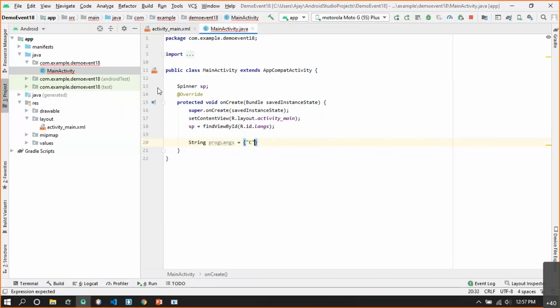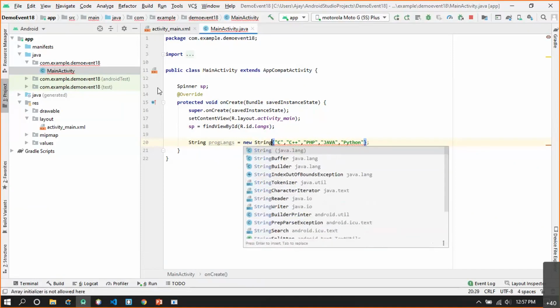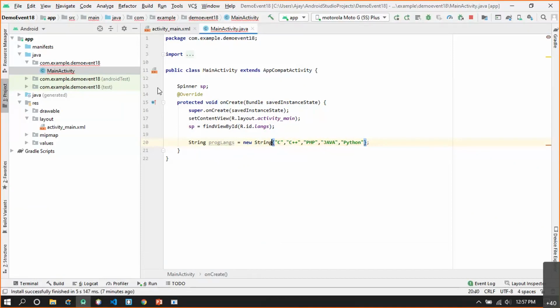The first language is C, the second is C++, the third is PHP, the fourth is Java, the fifth is Python. That's it. So this is basically an array of strings that we have created. Now this array is ready.